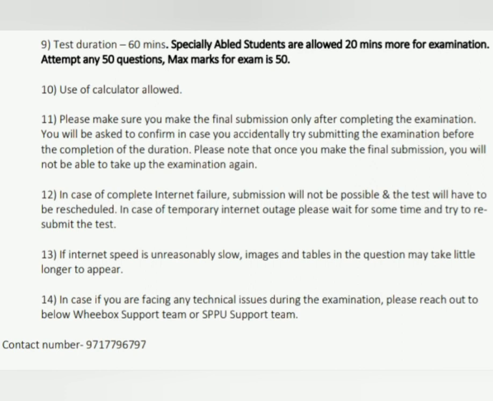In case of complete internet failure, submission will not be possible and the test will be rescheduled. In case of temporary internet outage, please wait for some time and try to submit the paper. If internet speed is reasonably slow, images and tables in the question may take a little longer to appear. In case you are facing any technical issue during the exam, please reach out to the VBox support team or SPPU support team. You can have the number